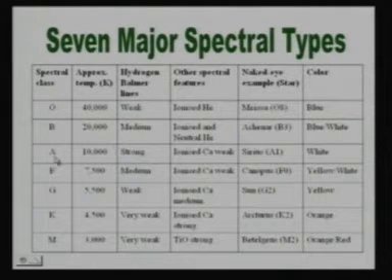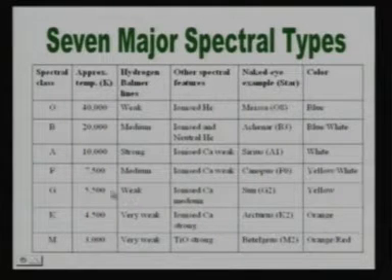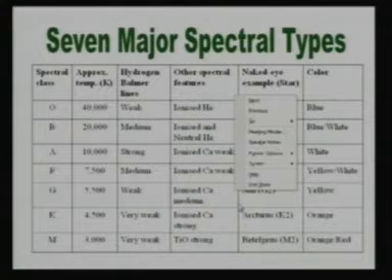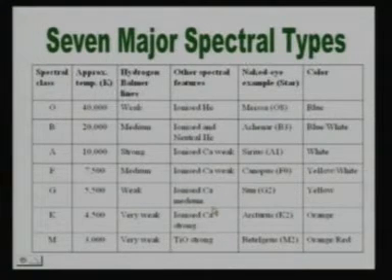Come down. Let us jump a few steps. Come to G. Here you find the surface temperature around 6,000 degrees. In this case 5,500 is written here, but about 6,000 let us assume. In that case, hydrogen cannot be excited, so we have very weak hydrogen lines. On the other hand, calcium can be ionized at this temperature, and therefore we see lines of calcium. And if you come to K, the lines of calcium have become stronger because at this temperature a lot of ionized calcium is found in stars.